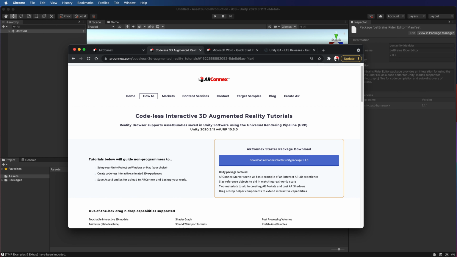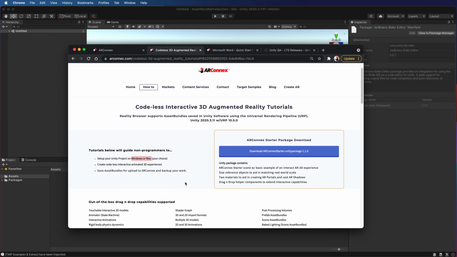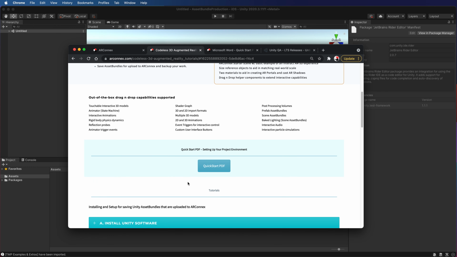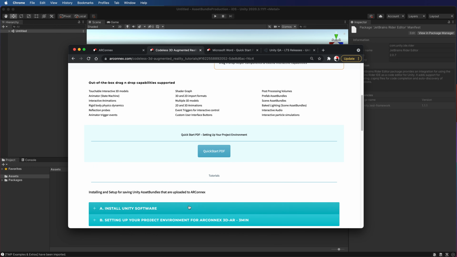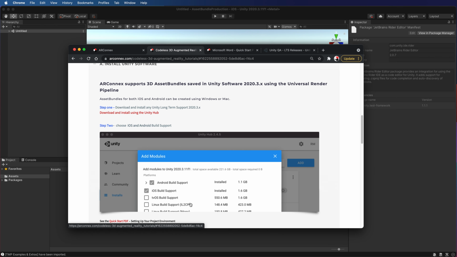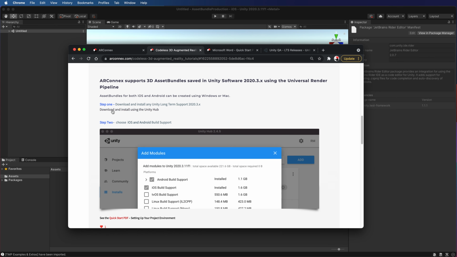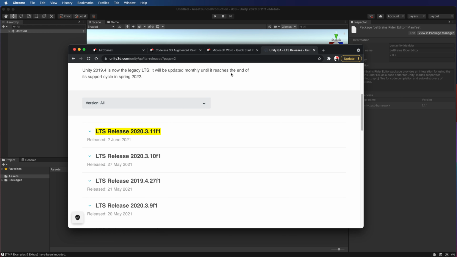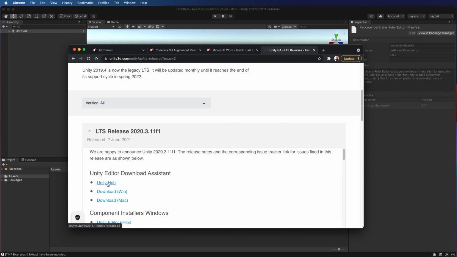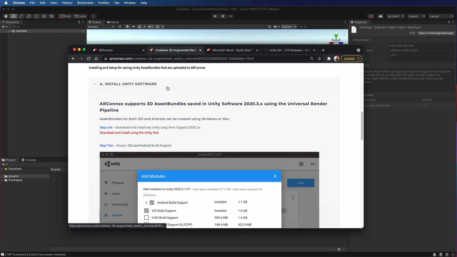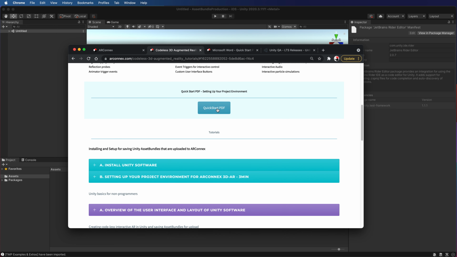We're going to be working on either PC or Mac. It's up to you. You can use both, one or the other, and either one can create the AR iOS and Android experiences. So if you don't have Unity installed yet, you can drop down that first tab. We provided a link directly to the long-term support release. And there you can install the Unity Hub and then create a new project, and that'll put you right where